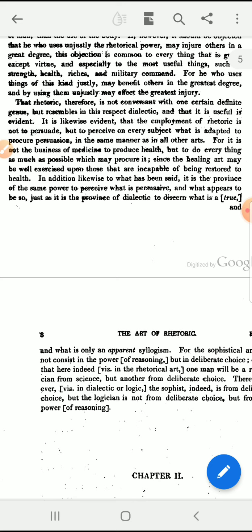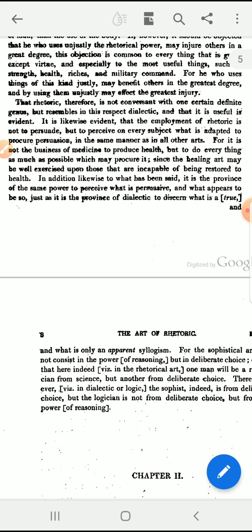Rhetoric is not the art of persuasion, but to perceive on every subject what is adapted to procure persuasion. The employment of rhetoric is not to persuade, not to simply move people to agree with us, but to perceive on every subject what is adapted to procure persuasion in the same manner as in all other